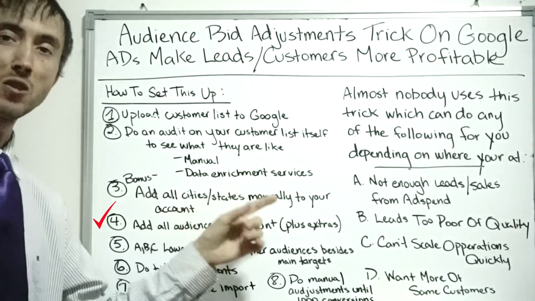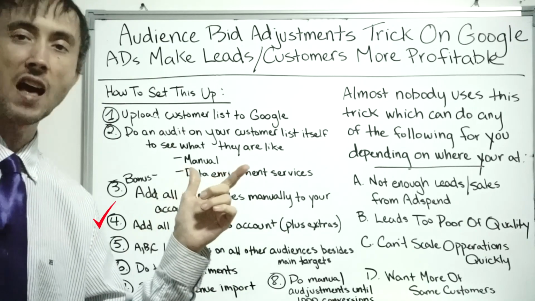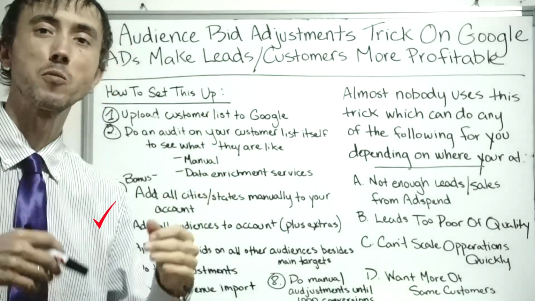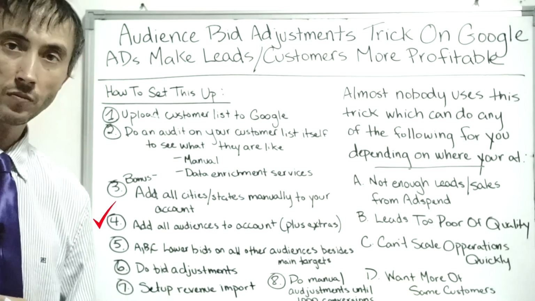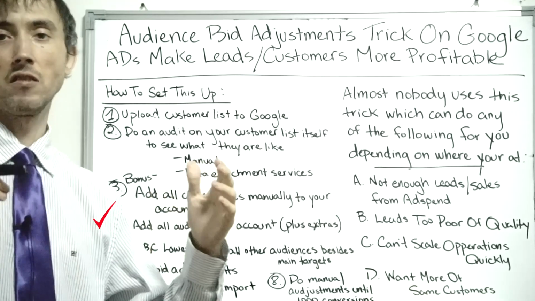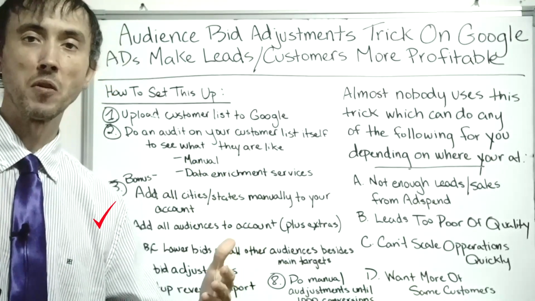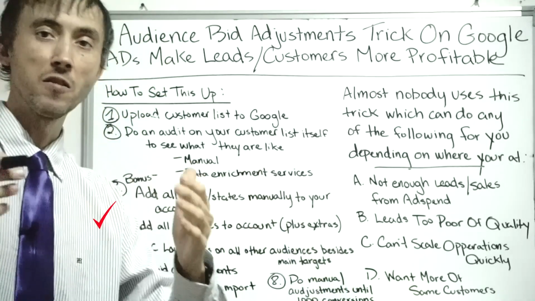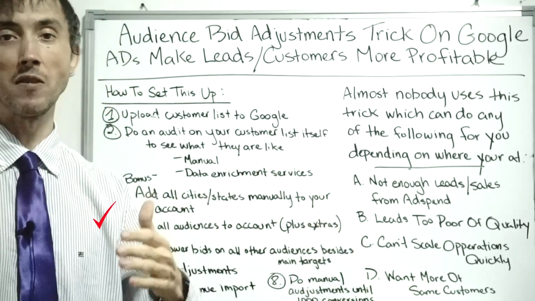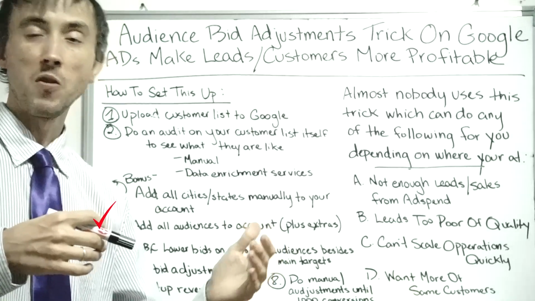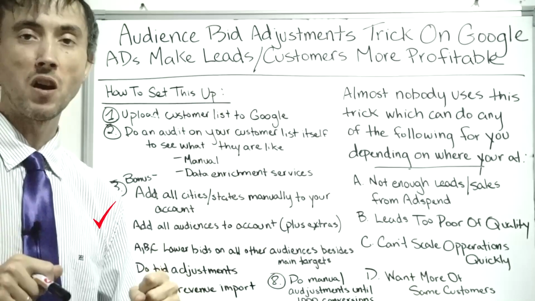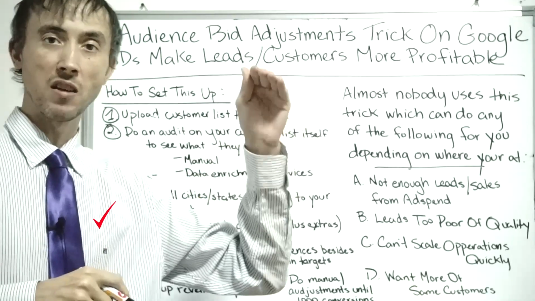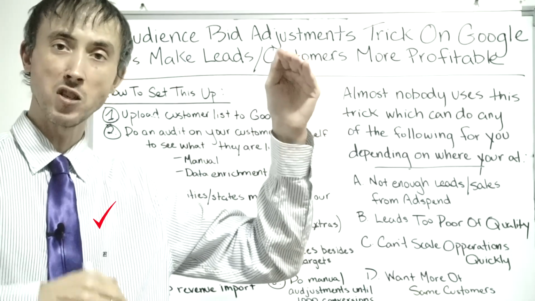If you're doing display campaigns, you're going to make sure to add those other random audiences as observations only, because you don't want to target those people. You just want to see, if they're in that list, how well do they convert? Do they convert above average or below average? On Google search, if you don't add a unique bid adjustment on those audiences, it'll just tell you the same thing: does it convert above average or below average?